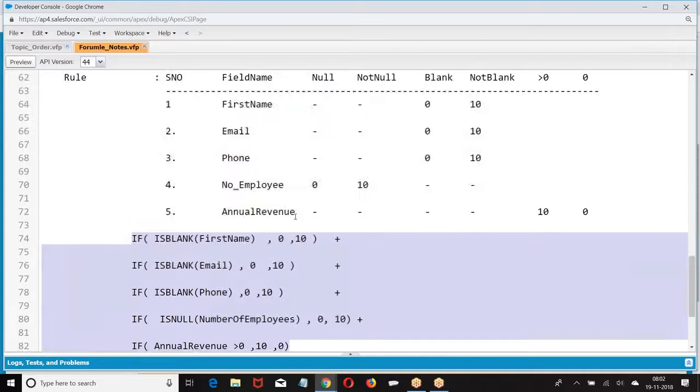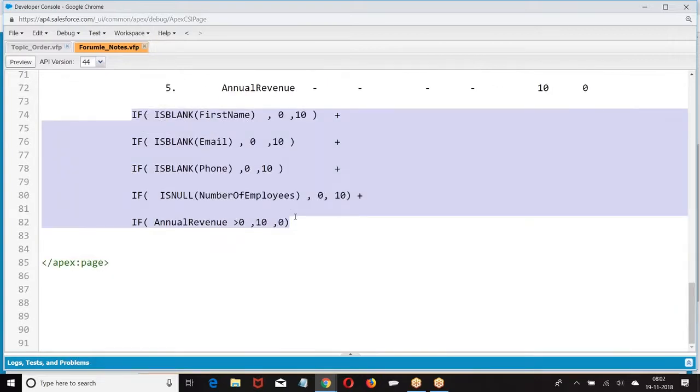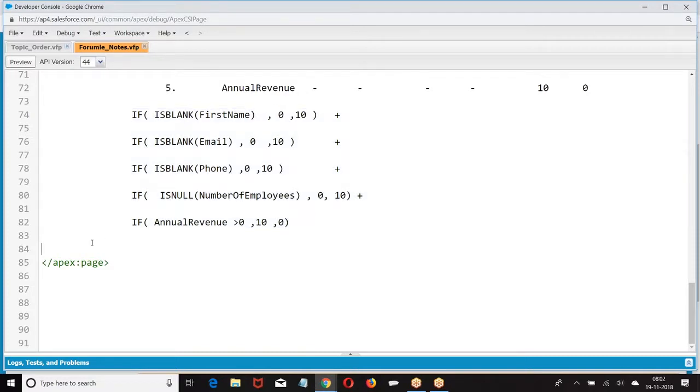Now you created a formula, is blank, is null. My next condition is I want to check with image. I want to print an image. Now if I give a score, it is hard for me to identify. Instead of score, if I give images like 3-star rating, 4-star rating, then what will happen? It will be easy for me to identify. So I want to print the images. If you want to print the image, we need to understand the functionality called first image. We need to go with the image. Image, URL,